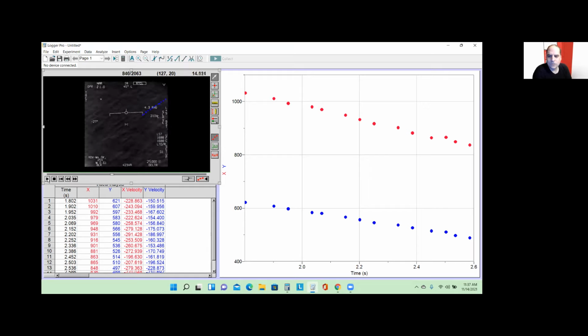So this is the first crack at this that I've attempted. So I've got 2.6 seconds. This object moved in that distance. So that's where I'm starting. This is the Go Fast Tic Tac UFO video provided by the Navy. They're chasing one of these things down. So that was a video analysis using physics for the Tic Tac